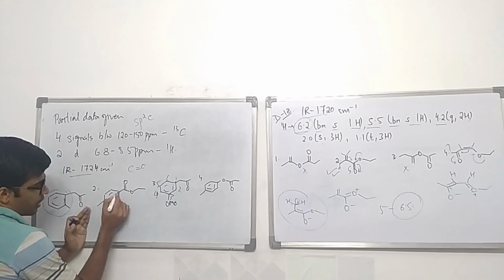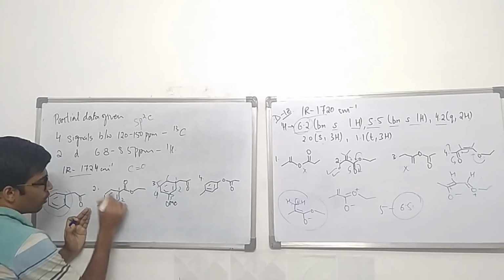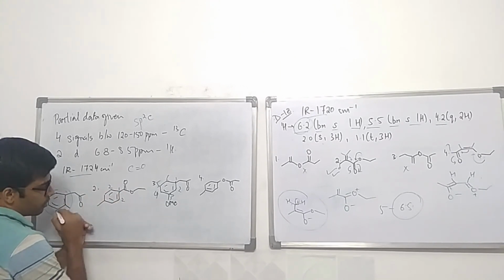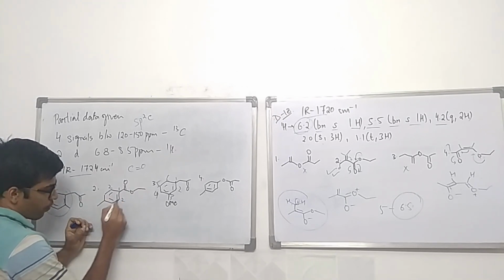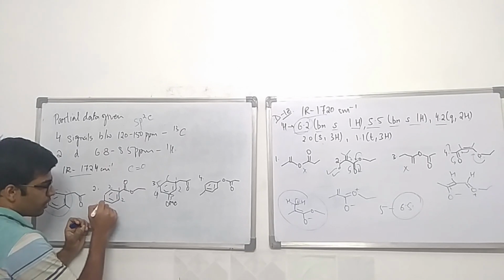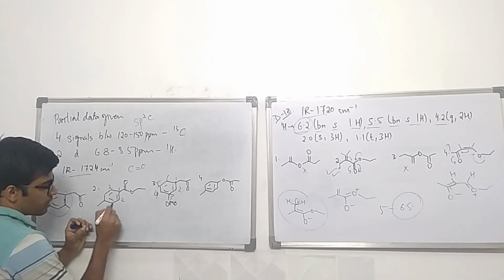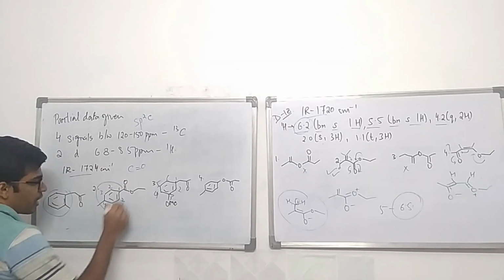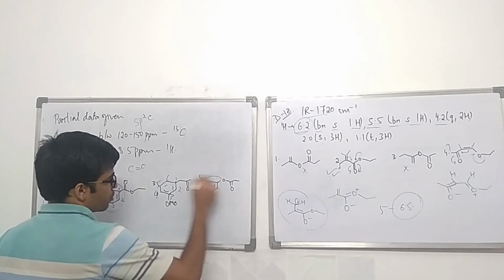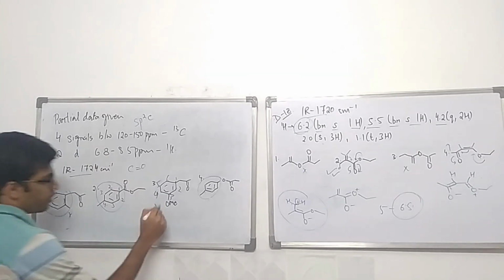But if you see in this case, 1, 2 and 2, both of them are equal, chemically equivalent. Why am I saying this? If you go from this side till here, if you go from this side till here, the environment remains the same. Similarly, 3, 3 and 4. So that means either it has to be this structure or it has to be this structure. 2 of them are discarded.